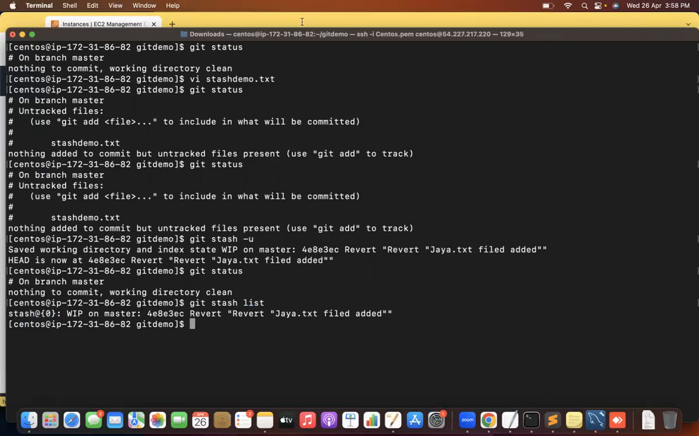Then, if you want to get that particular stashed file, you can write this command: git stash pop, and the stash ID. Where is the stash ID? This is the stash ID. Copy the stash ID and paste it. You have to use the git stash pop command. When you press enter,